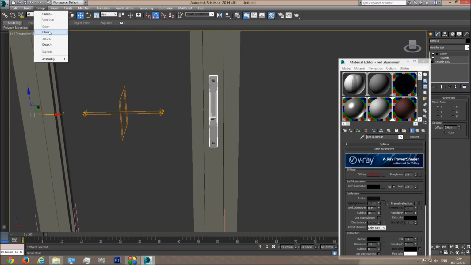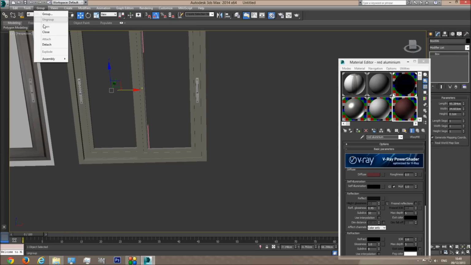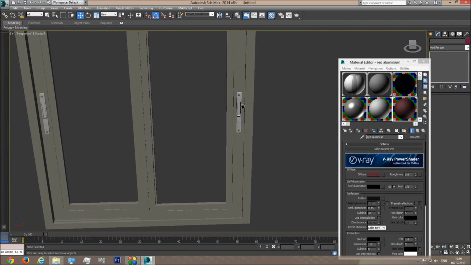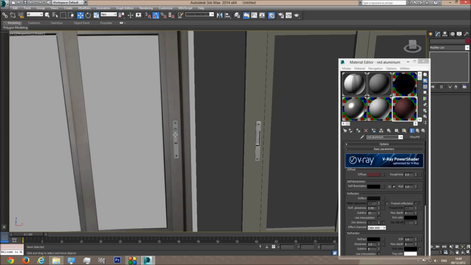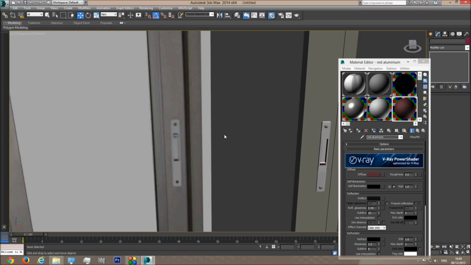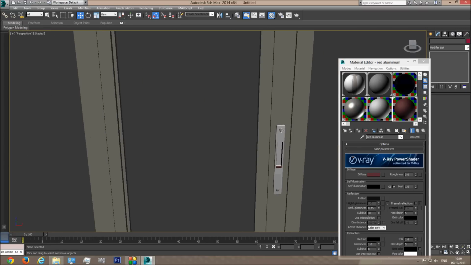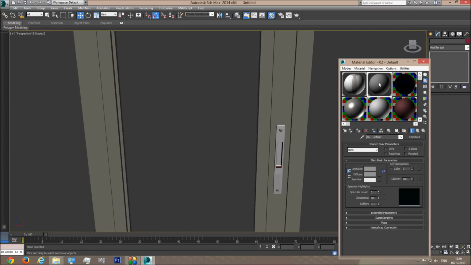Fine, I'm going to close this group and close this group. Last thing I'm going to do is give a grayish material to these bolts. For this I'm going to change our basic material we used for everything. I'm going to change the name to dark gray bolts,